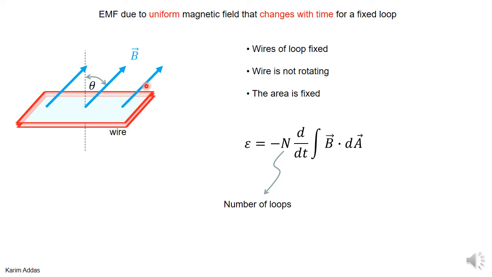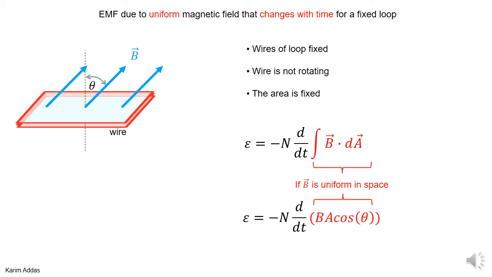But the issue is, if you evaluate the magnetic field at any point, at any one time, it's the same vector everywhere. So for these particular problems where the magnetic field is uniform and it changes with time, and the wires of the loop are fixed, so the wire is not rotating, the area is fixed, the EMF is minus N dΦ/dt, where N is the number of loops,